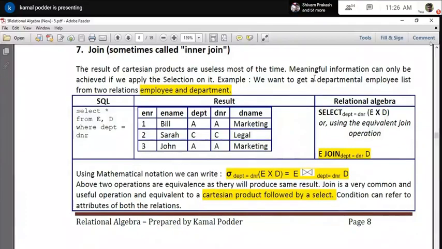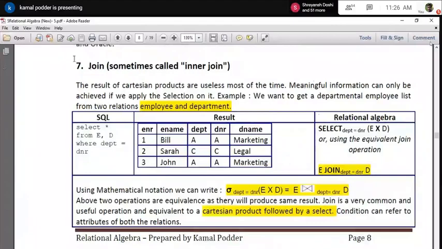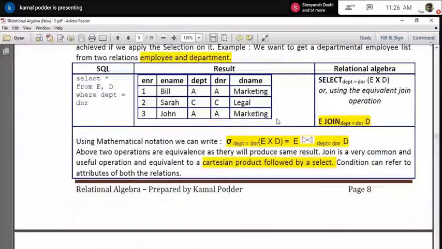Join is sometimes called the inner join also. Here mind it, what is join? If you understand the Cartesian product, you can say simply it is a select or restrict operator applied on the Cartesian product, and that combination is nothing but a join.